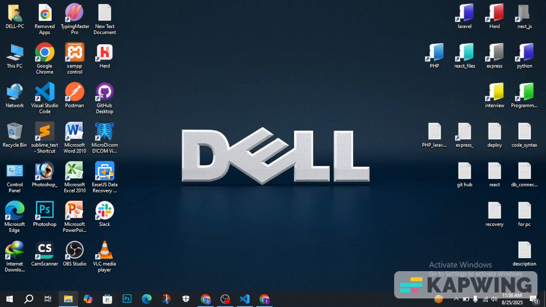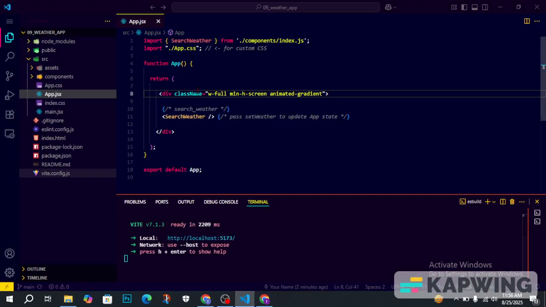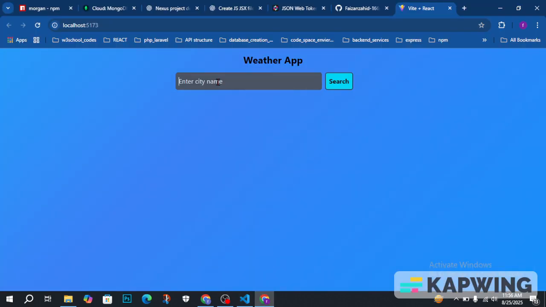Welcome to my weather app project, built with React and Tailwind CSS. This app lets users search for weather updates by city name and fetches real-time data from the OpenWeather API. The weather image dynamically changes based on weather conditions like clear, cloudy, or rainy, creating an engaging visual